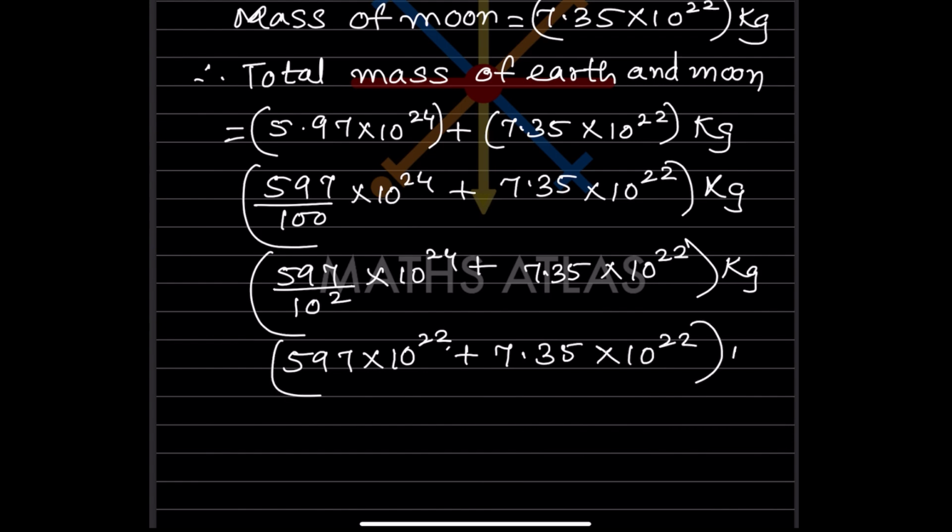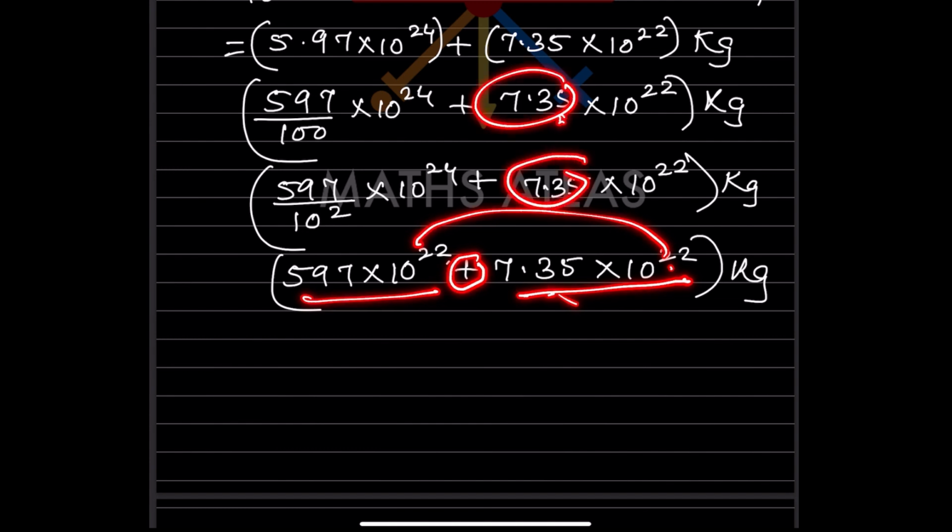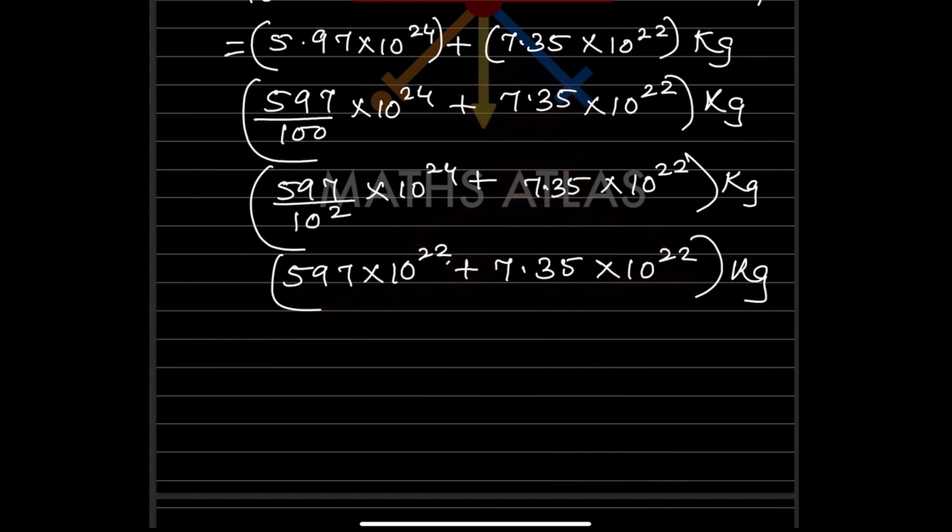So now we will do one thing. So now we can see, because see, this is the first part, and the plus is the separator, and this is the second part. So we can see from these two parts, we can take this common over here. So I just changed this one, instead of writing that 100, because here we have 10 raised to 22, and if that was 100 it would have been 10 raised to 20. So then, to avoid the calculations, like now see here,